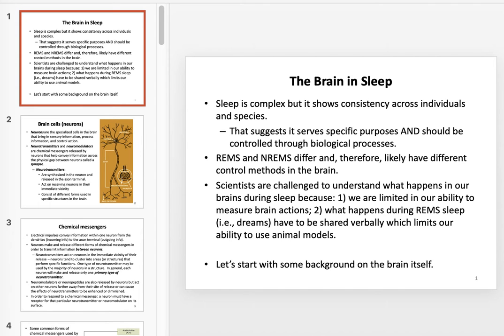If sleep serves specific needs, then we will have developed genetics, the genetics that control our biology and biological processes, to help control sleep and help our brain be designed so that it controls sleep and waking. And that also means that if REM sleep and non-REM sleep have different functions, they also then have different control